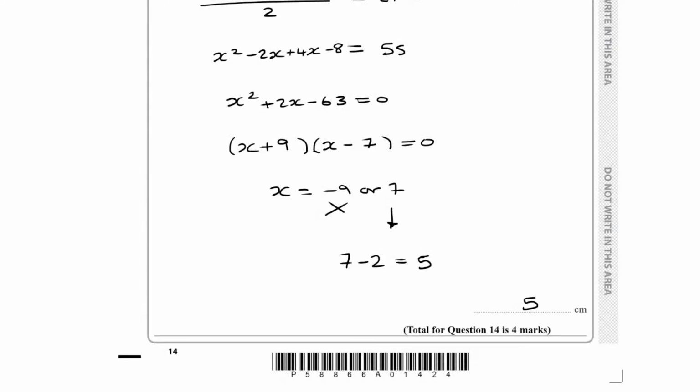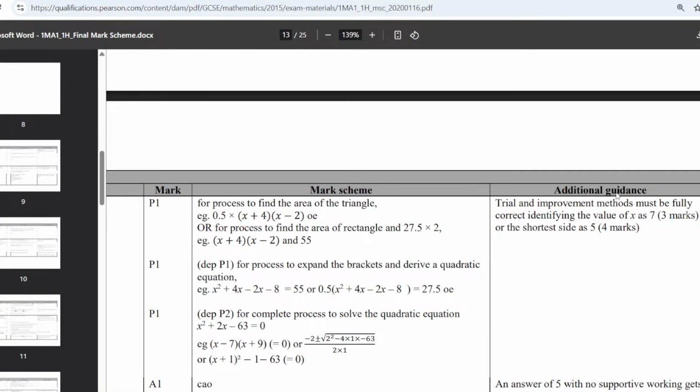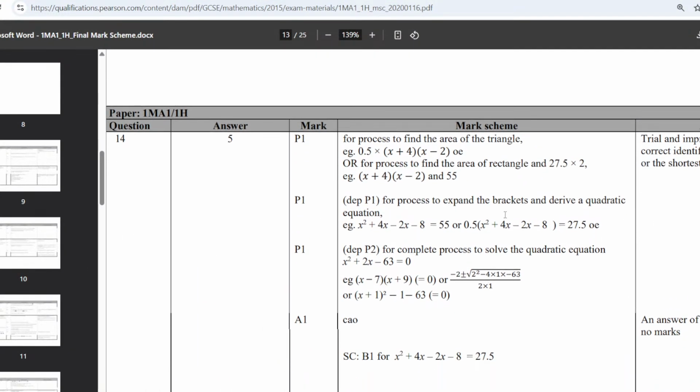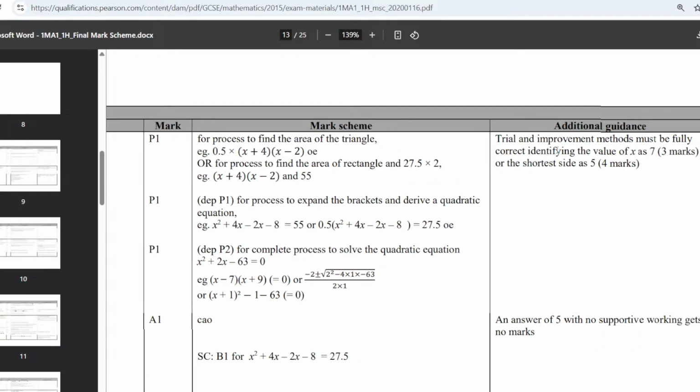Let me show you. Here's the mark scheme. Can you see over here, additional guidance? Obviously, their main method is algebra, right? That's the main method. Now, obviously, you could have solved it by factorizing. As I said, you could have used the quadratic formula if you wanted. You could have done completing the square. However you want to solve it doesn't really matter, as long as you end up with the right numbers. But